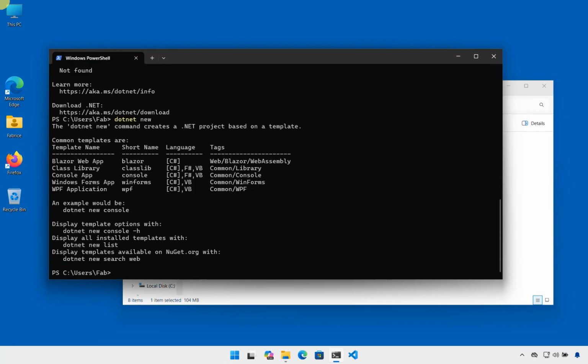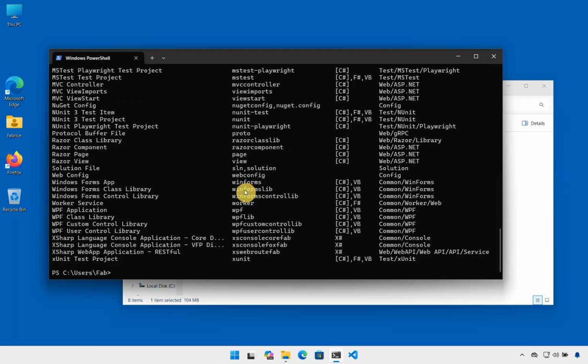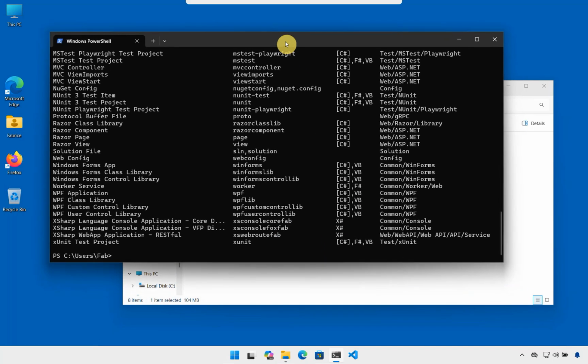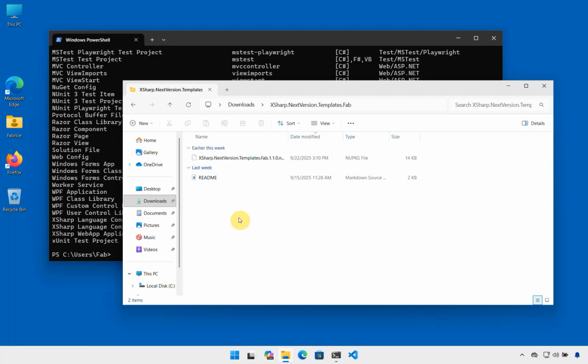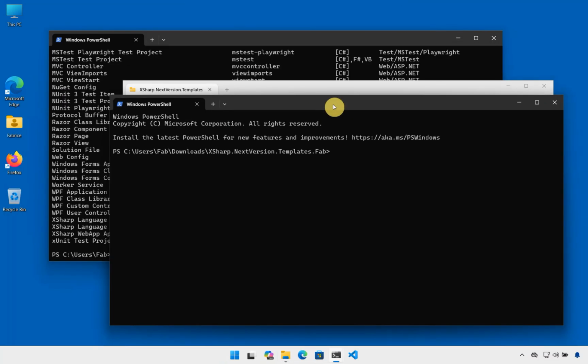So if you type .NET new, you will have the standard basic application, and if I type .NET new list, you have 3 templates that I have created and installed on this laptop. So here is how to proceed. You will have to get the zip file, unzip the file, and if I open the terminal from there, you can see that